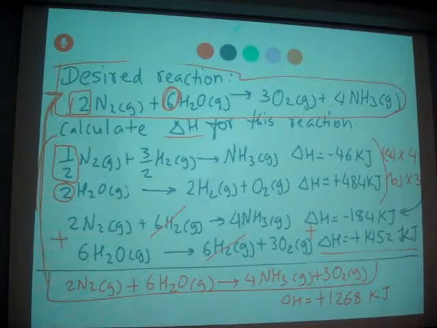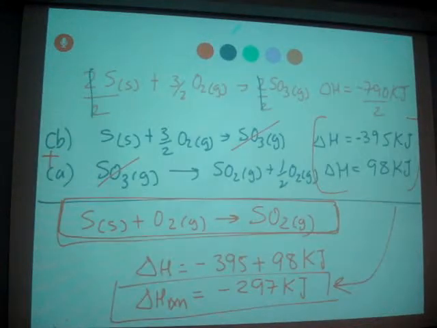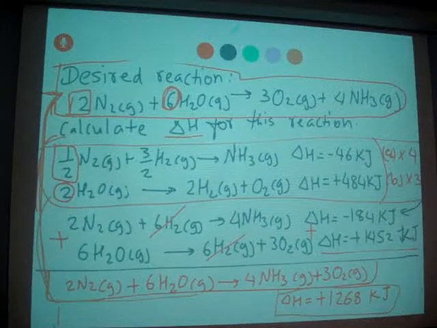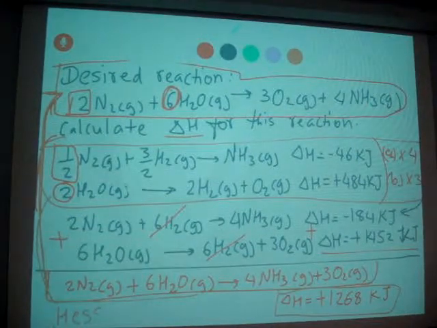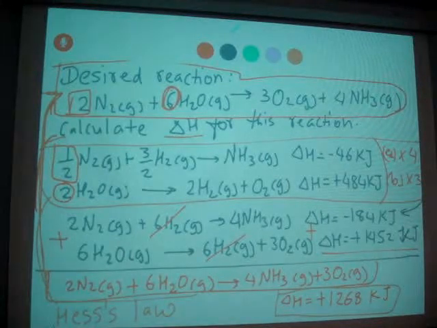Same equation. So these steps you have, you manipulate in order to get the desired equation, and that's how you calculate delta H for that desired equation. That you can follow Hess's law. So delta H for this reaction, you can use Hess's law and calculate it. Okay? All right. Now we'll work